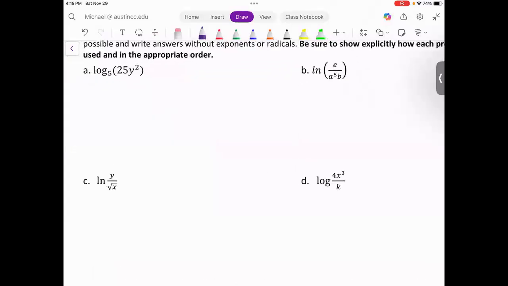We have log base 5 of 25y squared. That argument is 25 times y squared. So we can use that product property to split it up. So that's going to give us log base 5 of 25 plus log base 5 of y squared. All right, so if we look at that